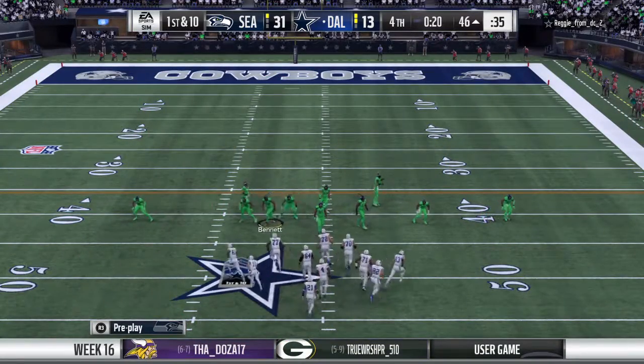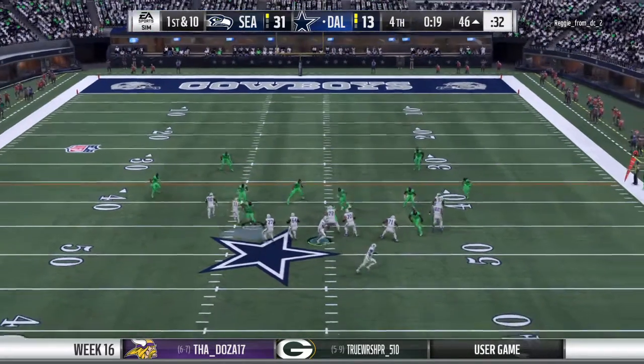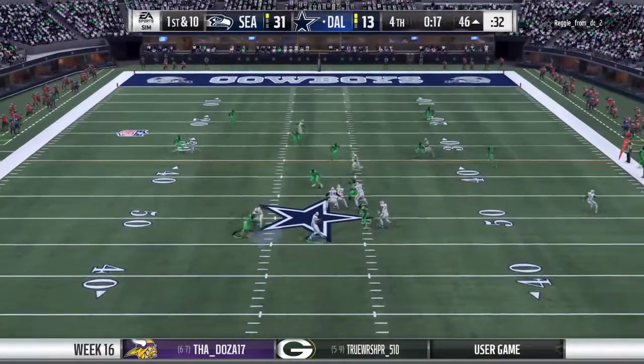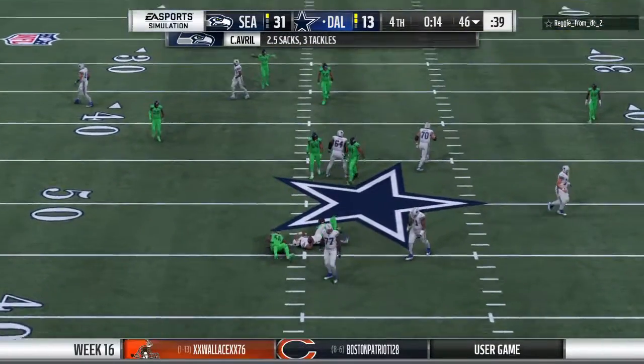I don't know. You just want one last drive here for pride. Some people like to do that. I remember playing for a guy once. We were down huge, and someone said, Coach,